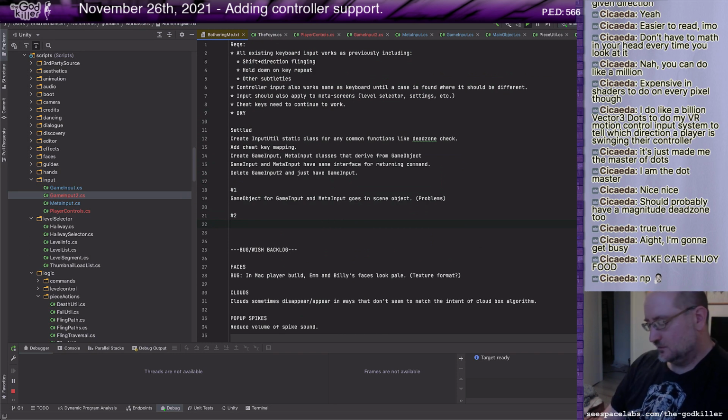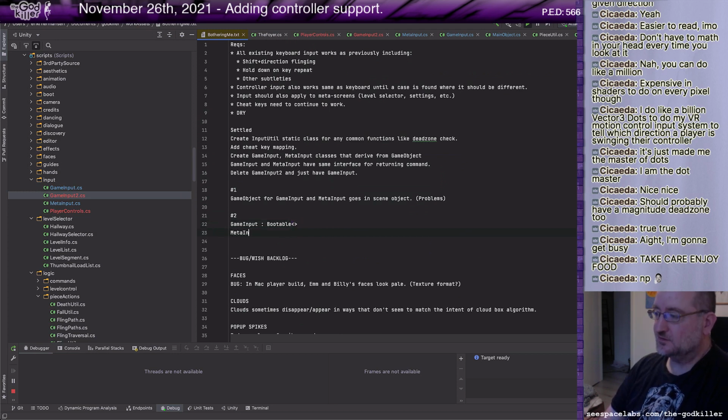Okay. Game input will be bootable. Meta input bootable.